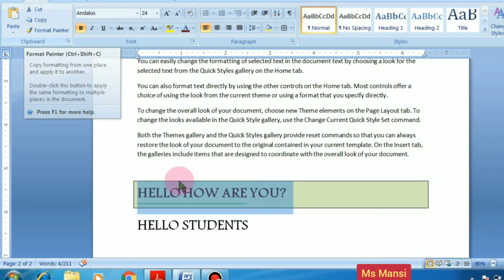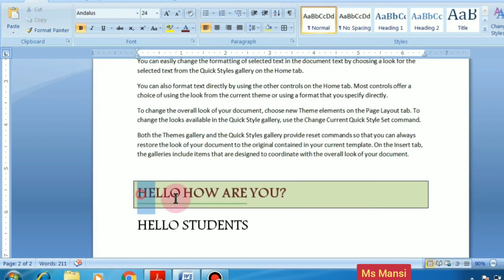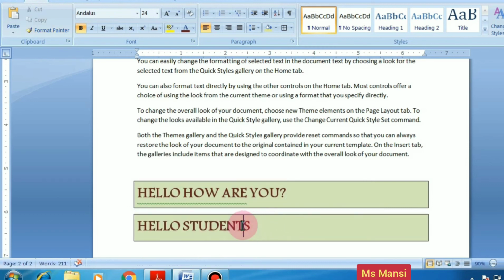You click on it. Now see here, the brush symbol is here. Now I select this, and see, the same formatting is applied now to this.